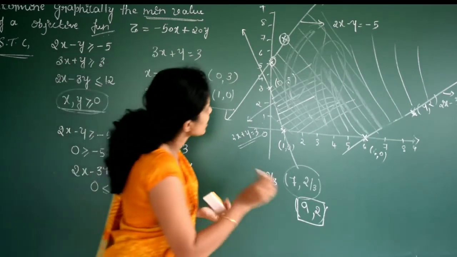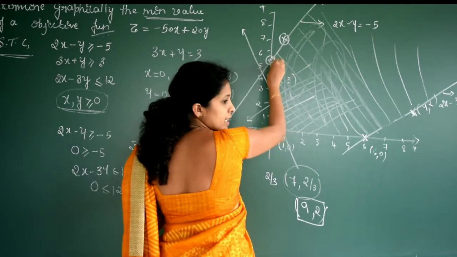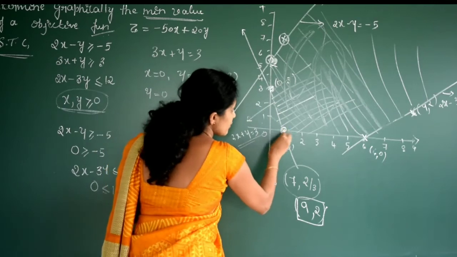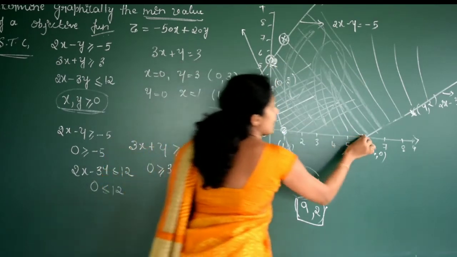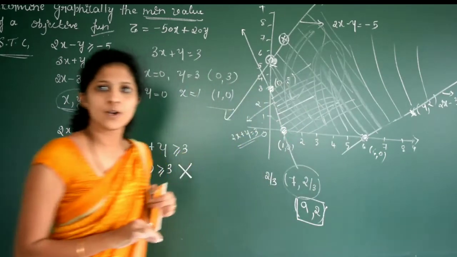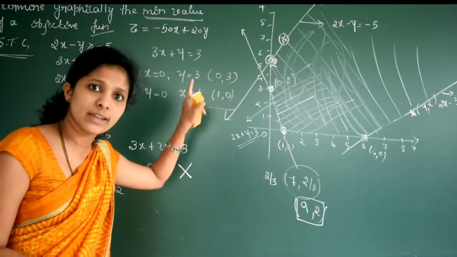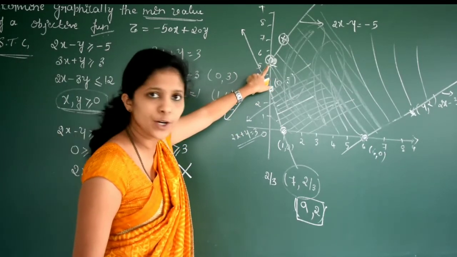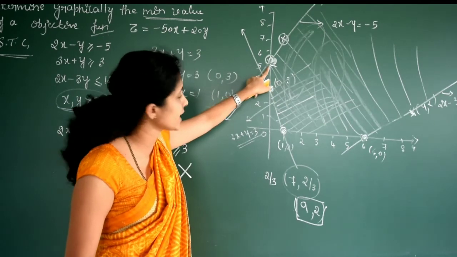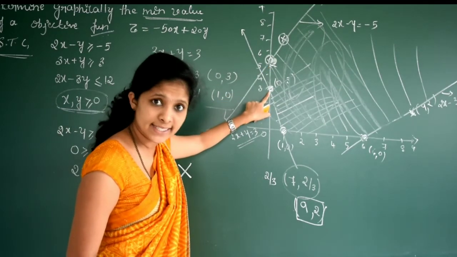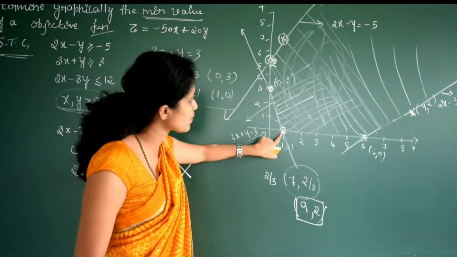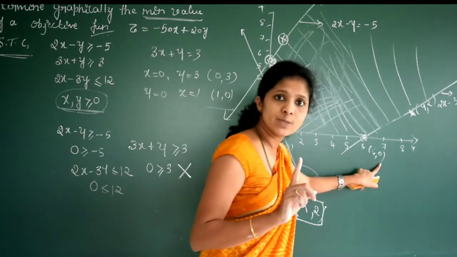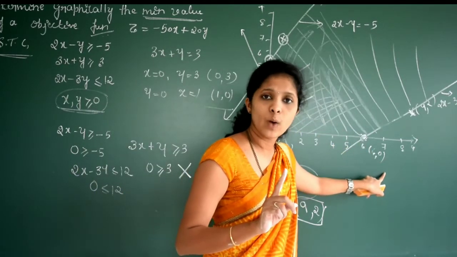Let us consider the corner points. See, this is one corner point, and this is another corner point, and this is one more corner point. 1, 2, 3 and here one more is there. So 4 corner points are there. Is it clear? Even though the graph is unbounded, we can get the corner points. Here we have 4 corner points. This point is x-axis 0 and y-axis 5. This is x-axis 0, y-axis 3, this point is x-axis 1 and y-axis 0, and this point is x-axis 6 and y-axis 0.